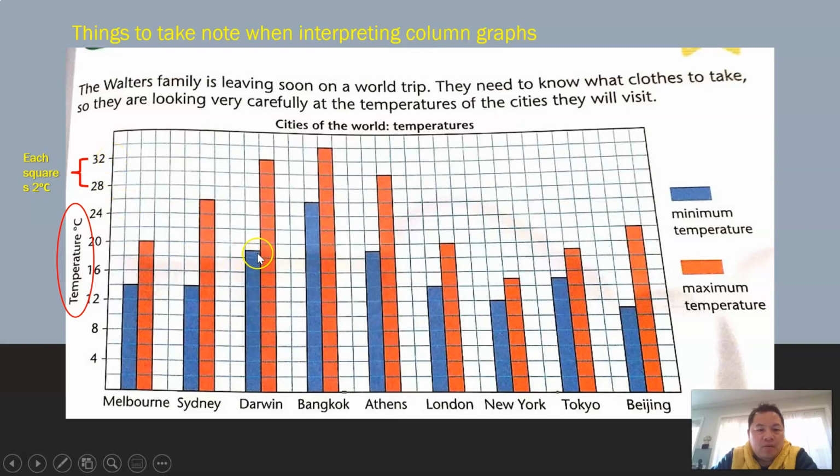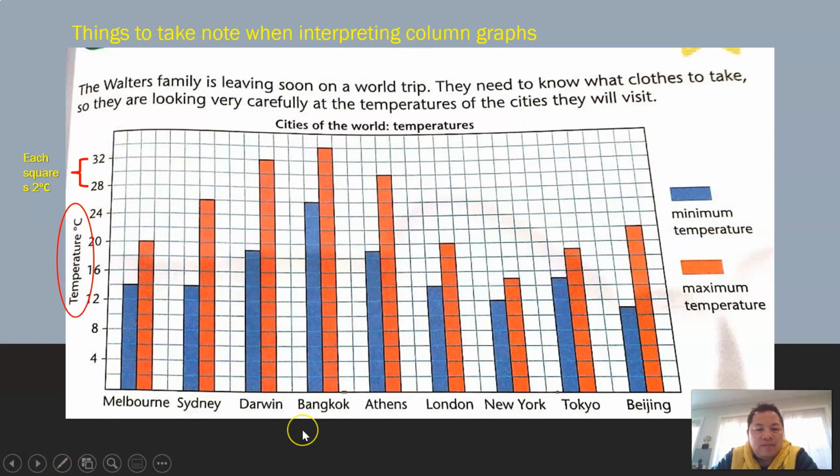So let's look at this. Oh, this is Darwin, the lowest temperature, the minimum temperature for Darwin. Look at it. It's in the middle of the two squares. So let's look at this part here. This is 18 degrees. This is 20 degrees. So in between here, this will be 19 degrees for Darwin. Okay, so that's how you interpret the graph